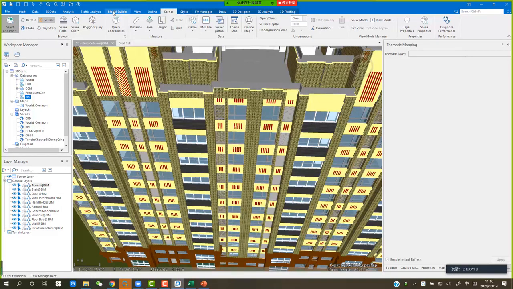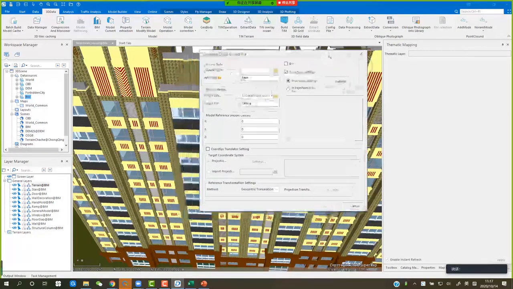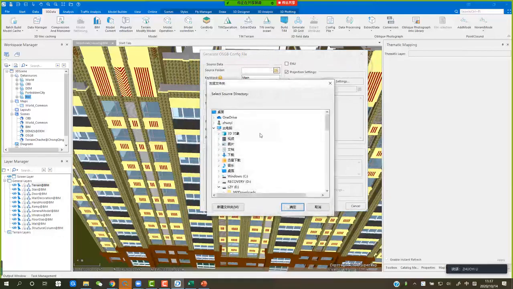in the 3D data. Okay, we can select the 3D data tab, and in the oblique photography group, we can find the config file. Yes, that's how to import the oblique photography. Okay, and we can click the config file, click this, and select generate config file. Okay, and we should choose that OSGB file